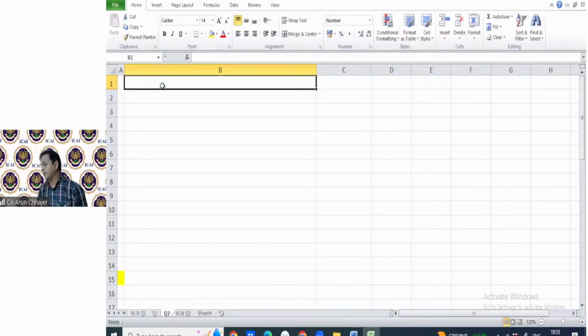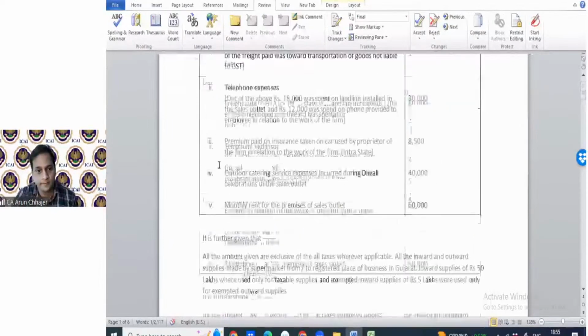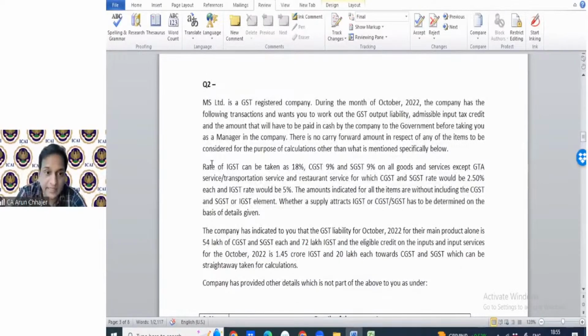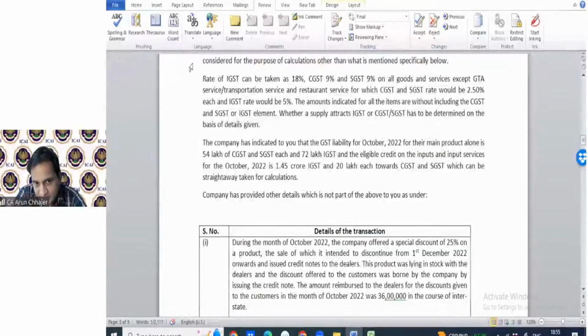Let me move to the next question. Question number 2. MS Limited is a GST registered company. During the month of October, the company has the following transactions and wants you to work out the GST output liability, admissible ITC, and the amount that will have to be paid in cash by the company to the government, taking you as a manager of the company. There is no carry forward amount in respect of any of the items to be considered for the purpose of calculation. Rate of GST is 18%,